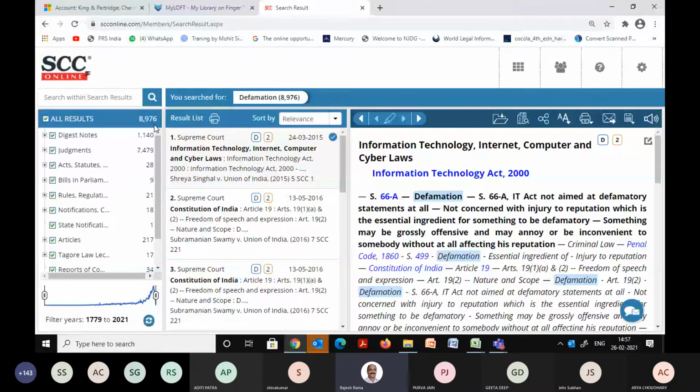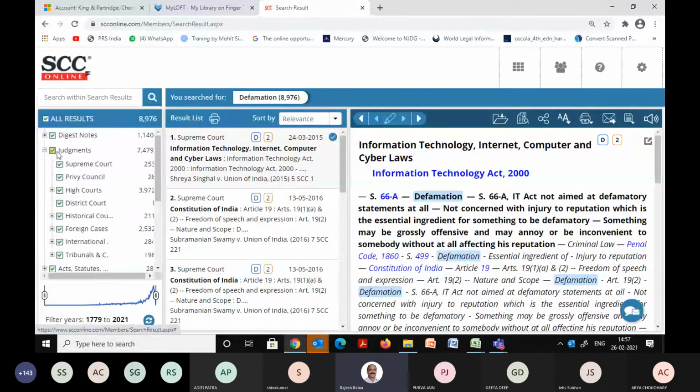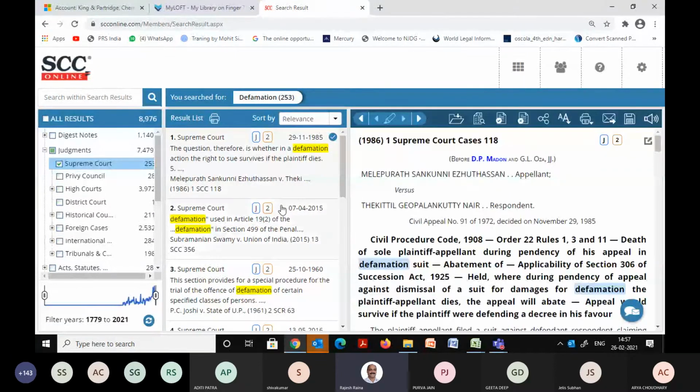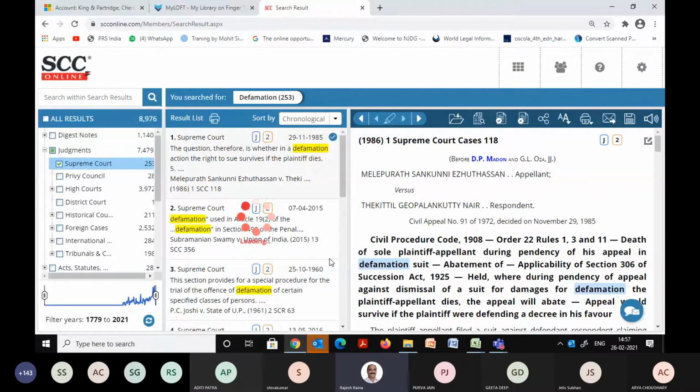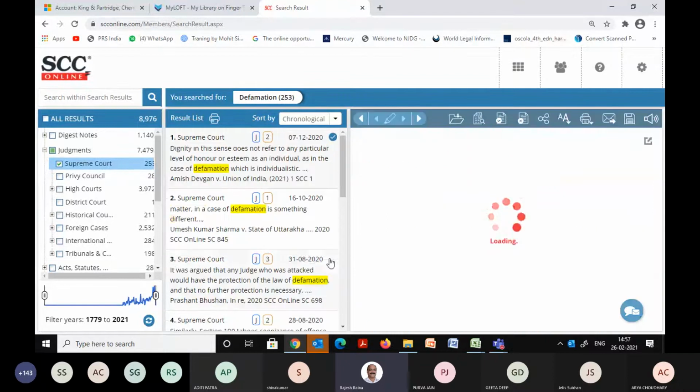So that's how it works. So you need to focus only on the main keywords or the legal points. Now from here, if I go the same way, I select Supreme Court only. And in the result list now, it will show me only Supreme Court, of course, but I'll again use this sort by option and select this latest first. Now you'll notice that earlier we had an August 2020 judgment.